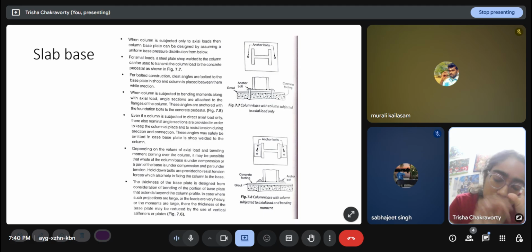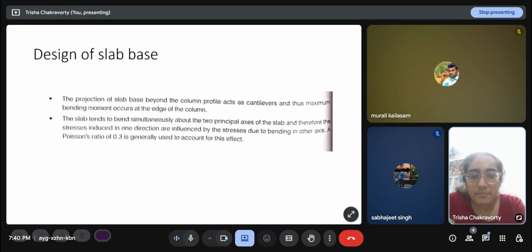Since the bearing strength of soil varies according to the depth, there are some considerations that I want to make my column here and not lower than that. So I cannot make the slab base very thick. That is a serviceability requirement. That is not technically a collapse requirement.